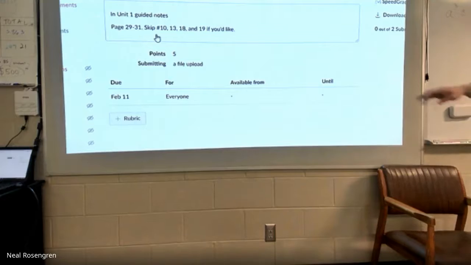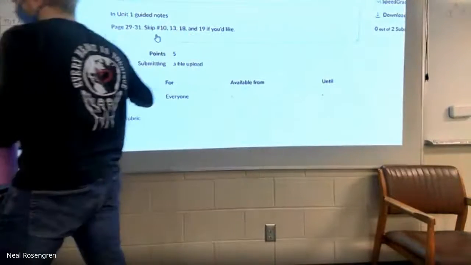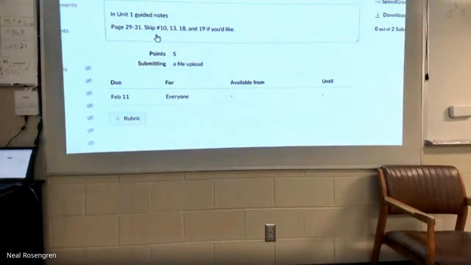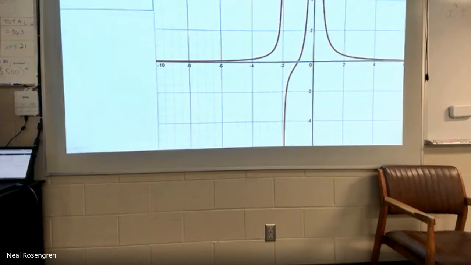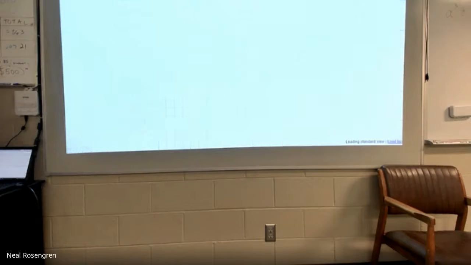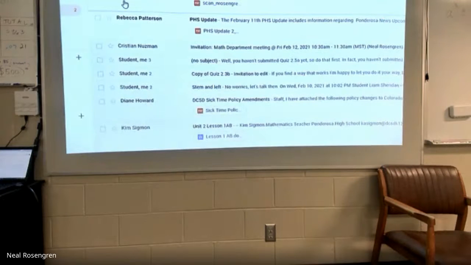Again, if you want to skip 10, 13, 18, and 19, it's 2 piecewise ones, and then 2 with the complex fractions, kind of the messier adding fractions up top ones. At least the limits work out for those 2, which is nice. But I did them all. I did every single one. Let's see if I can pull it up now. Yeah, there it is.